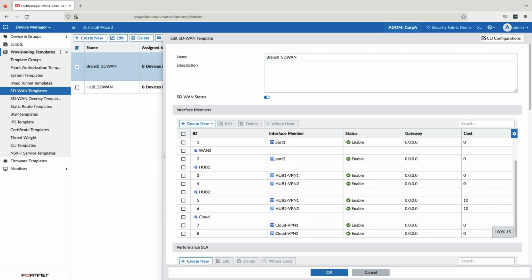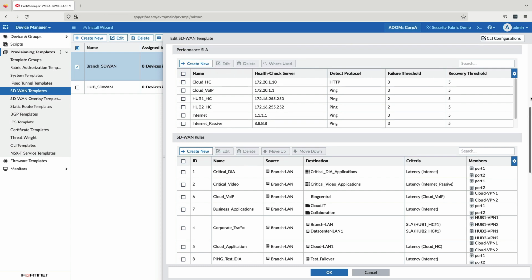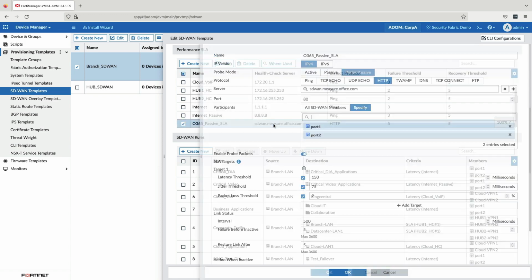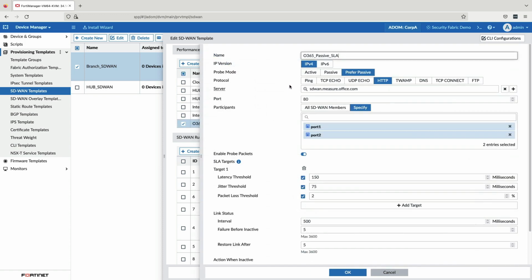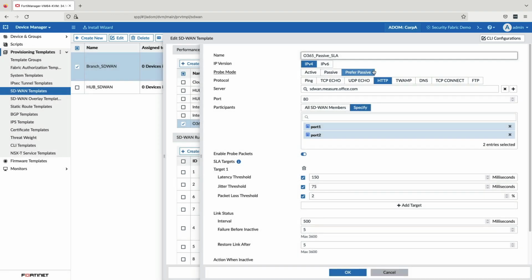Next are the performance SLA health checks. These provide ongoing measurements and SLA thresholds, which are then used to make path steering decisions. One thing I want to point out is that our performance SLA health checks utilize both active probes and passive measurements, which use actual application flows to derive latency, jitter, and packet loss for the most accurate failover. On the active probe side, there are many protocols to choose from. This design allows for the health check results and the SLA thresholds to be more closely matched with the application